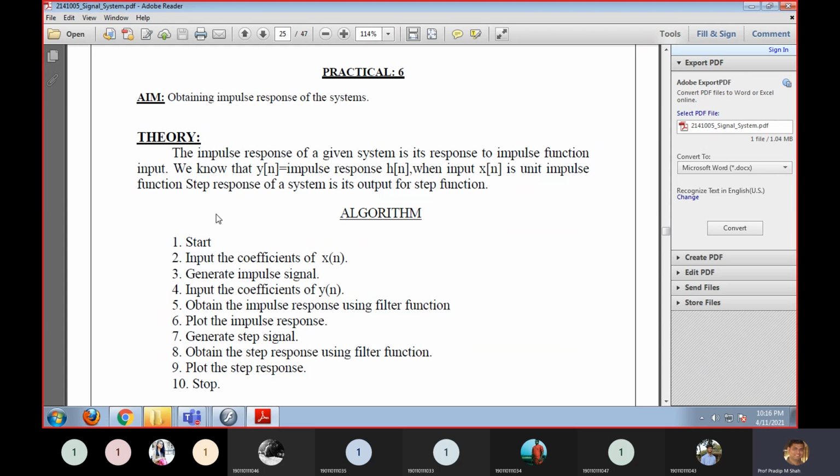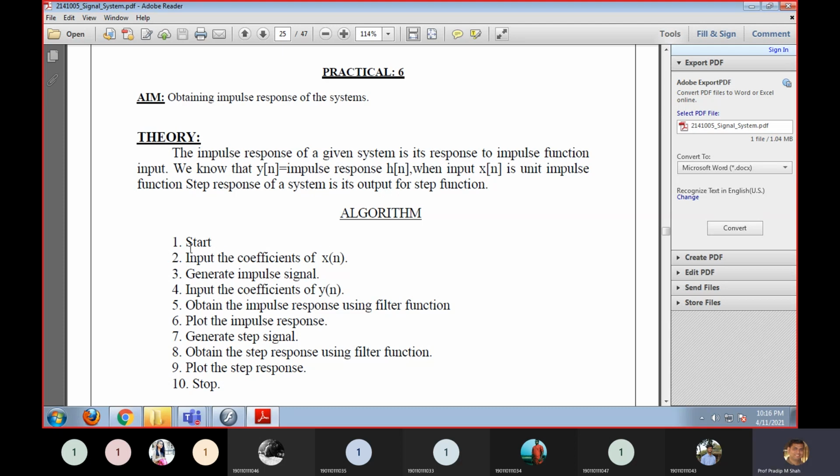On your screen is the algorithm, in which I explain how you can find the impulse response of any unknown system. If an unknown system is given to you and you want to find its impulse response, how can you find it? First, let us go to the algorithm.